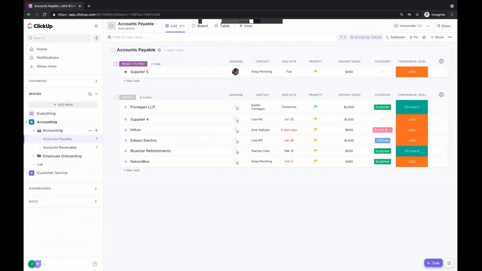But from tasks, we're going to talk to you about the idea of task views. So very similar, not the same, but kind of related. What we're seeing here is the accounts payable list, and these are the tasks that are inside of that list. Up here at the top, you can see where our task views are. See how it says that plus view option? These are the task view options which are available to us.